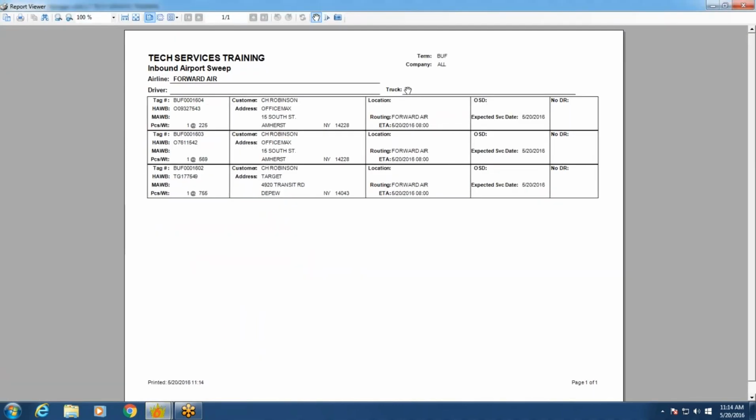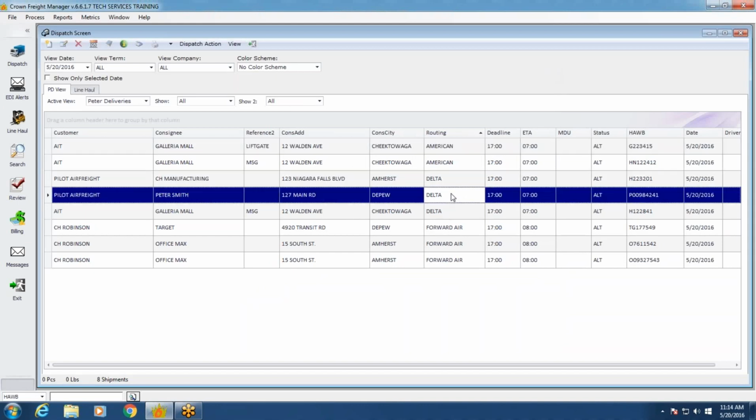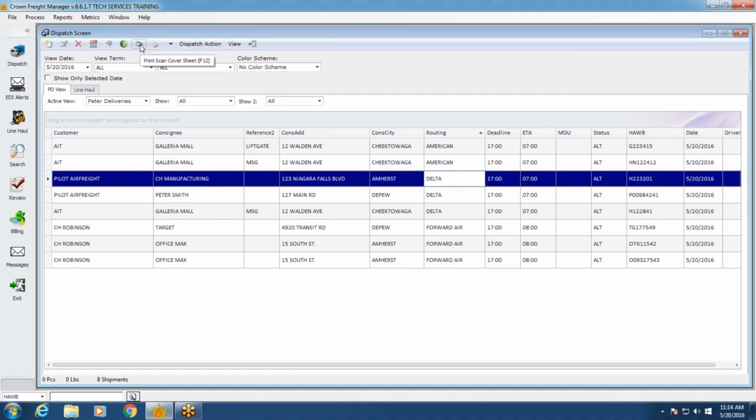It's going to take a look at the ETA date and say, here's everything that's available today at Forward Air. Send your driver out to recover the freight. Now, the advantage to using the airport sweep and the routing field is you're going to have a nice, clean dispatch board. You can have only your deliveries on here,